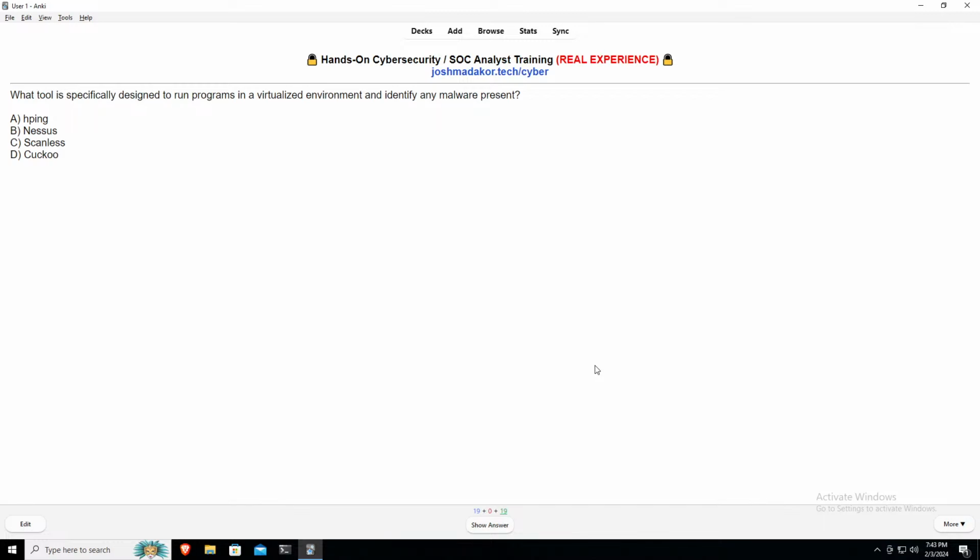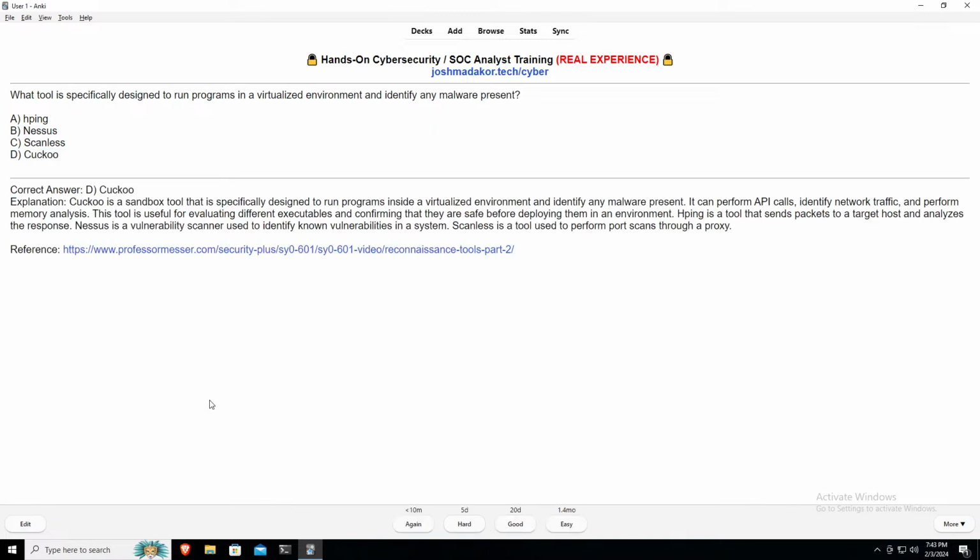What tool is specifically designed to run programs in a virtualized environment and identify any malware present? To run programs in a virtualized environment and any malware present. This sounds like a, so I do remember a question like this. I think this is a Cuckoo question. I think it's going with D here. Yep. Cuckoo is a sandbox tool that is specifically designed to run programs inside a virtualized environment and identify malware